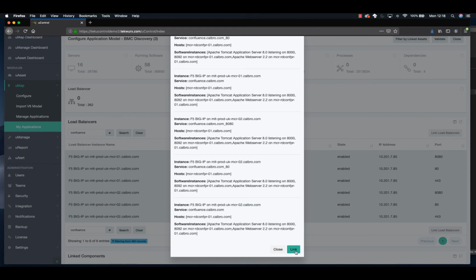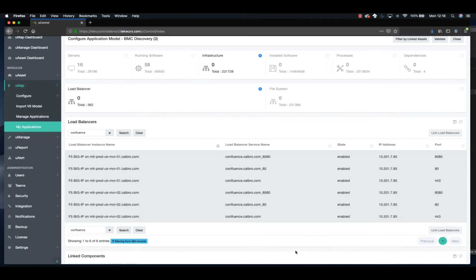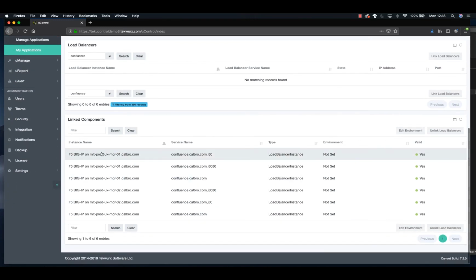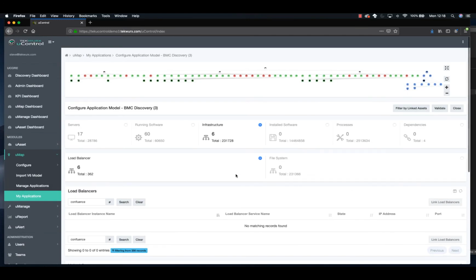And if I click link, I'll do that now. It's just a quick thing. I do link. We'll see them appear now down here as linked components. And inside my map now, I have this area that's gone blue. And blue means I've added new CIs into my application map. I've not yet told the system what environment they're in. So they're currently in a not set environment, which is why they're blue. And it's waiting for me just to go, by the way, these are prod, these are dev. And then they'll go to green, being a linked asset in the right